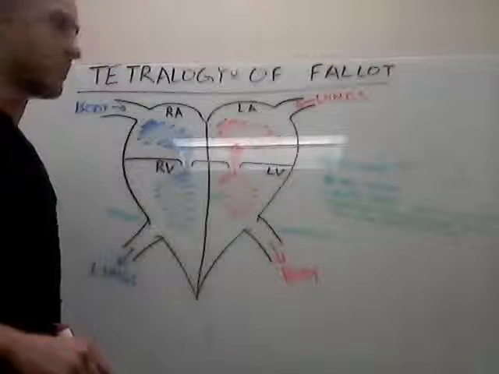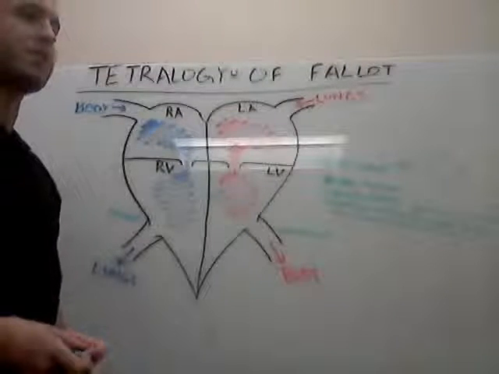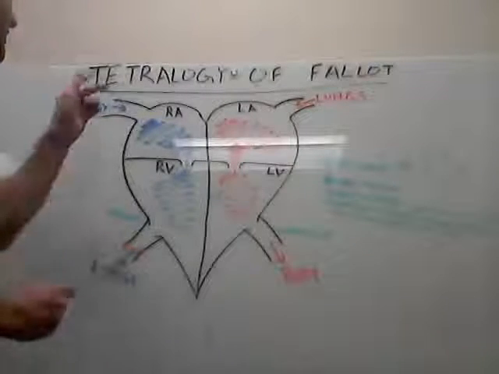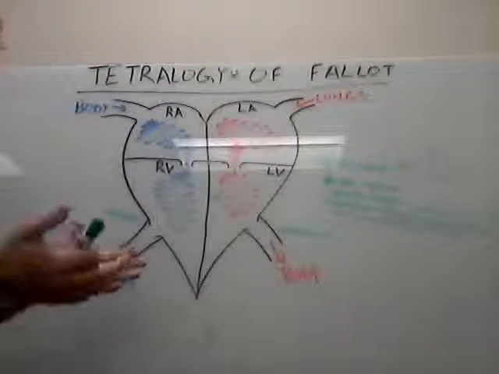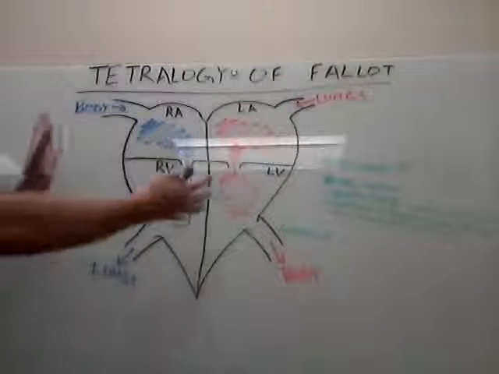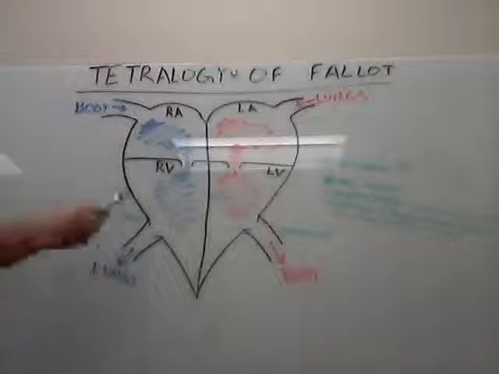For the cardiovascular system under congenital defects, the next defect that's discussed here is the Tetralogy of Fallot. Here's a diagram of the heart. A reminder,